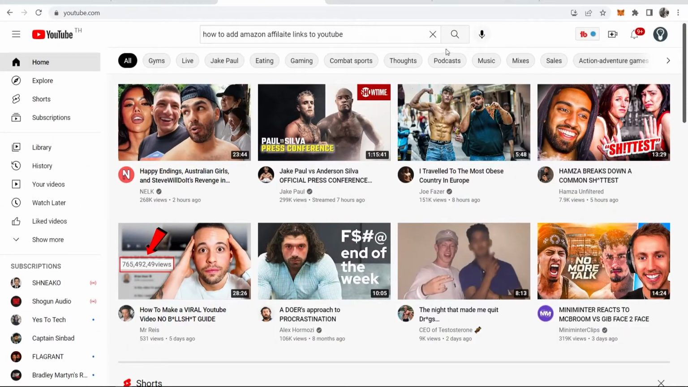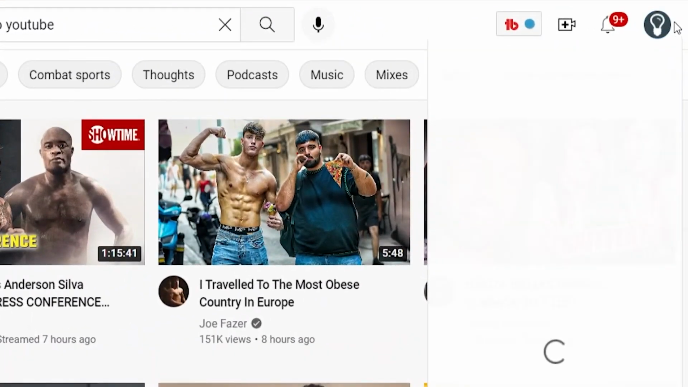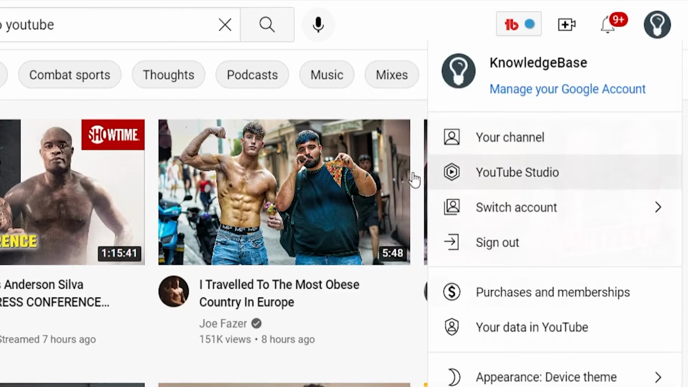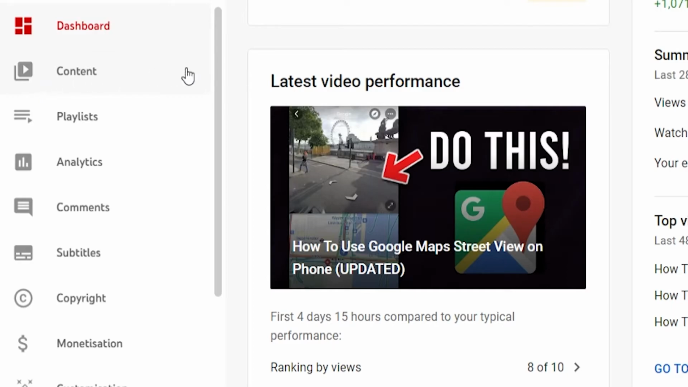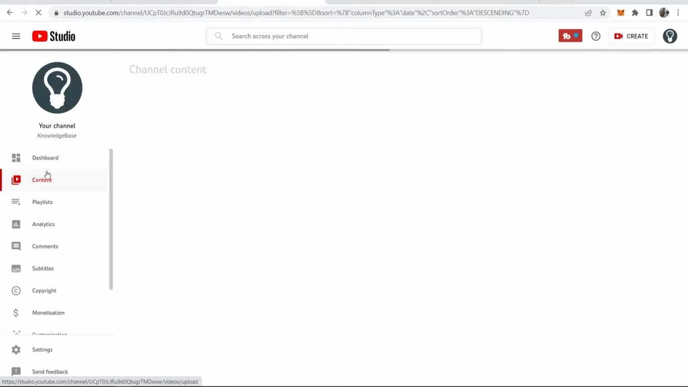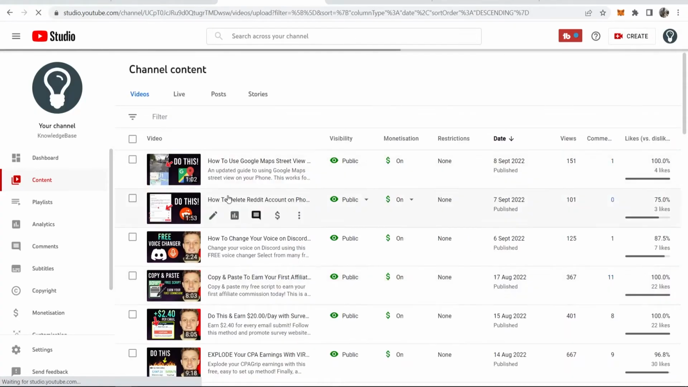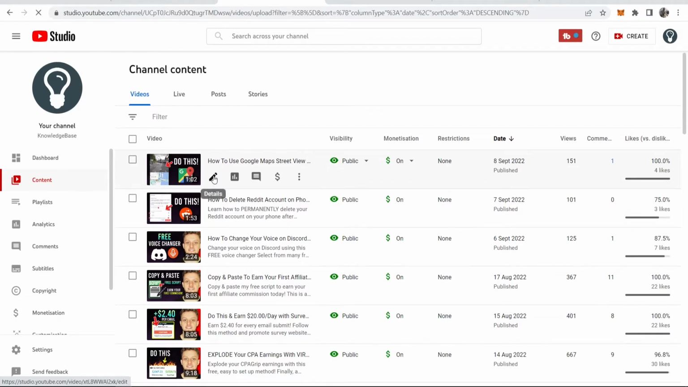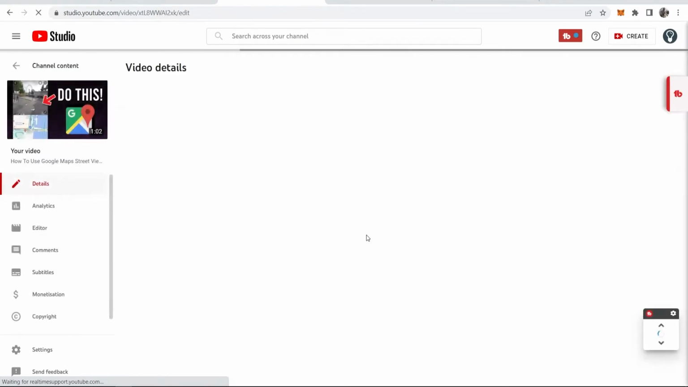Now if we go to YouTube, we can go ahead and go to the channel icon in the top right hand corner, then go to YouTube Studio. And then when you're in your YouTube Studio, go to content, and you can then choose where you want to place this link. So choose a video, go to details, and then you can simply go ahead and add this